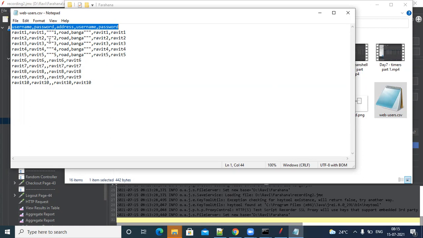Okay. So once you prepare the CSV file, where will you get the users from? For 1 or 2 users, you can get them from a team or yourself. But whenever you go to higher load, you should get more data from your developers, or you have to write a script again to get these usernames and passwords. For example, if we have a register API, we can do a load test on the register API, pass the same set of data, register in the server, and use the same data as inputs. Otherwise, a developer will create it for you, or they'll take it from the DB and share it with you. If you are running with 1 lakh users, you need 1 lakh usernames and 1 lakh passwords.